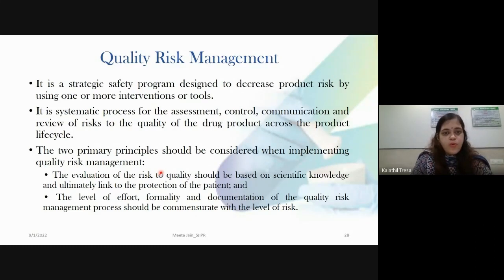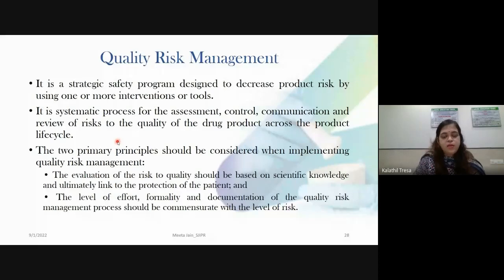So it is a systematic process for assessment, control, communication, and review of risk. What are risks? They are basically the harm which can be caused to your final product quality by various parameters or the input which you are putting in to get the final product. And it has to be done throughout the life cycle of your product.